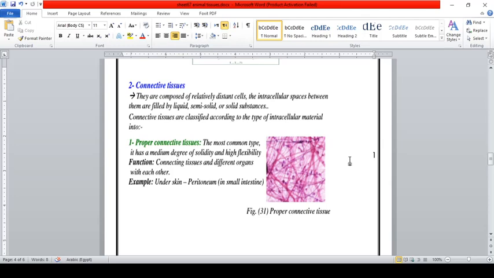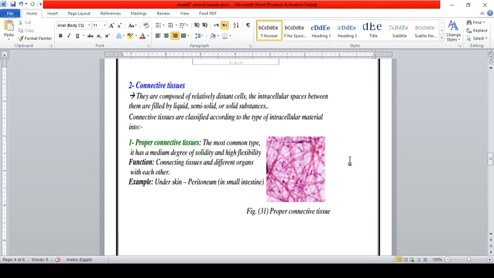So we have solidity here, but not very high, and high flexibility. The function of it is connecting and attaching tissues and organs of each other in our body. The heart is connected to our body, the kidneys are connected to our body by a proper connective tissue, and we can find it in two examples in our body: the skin